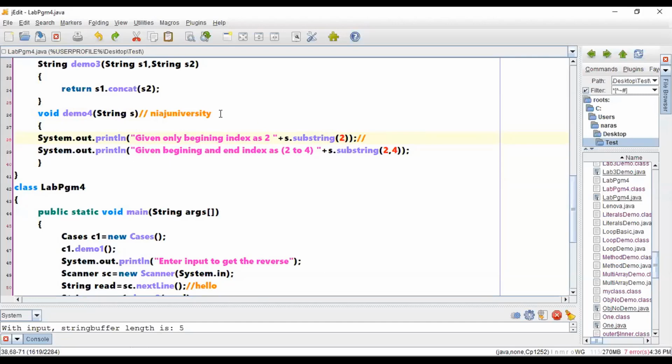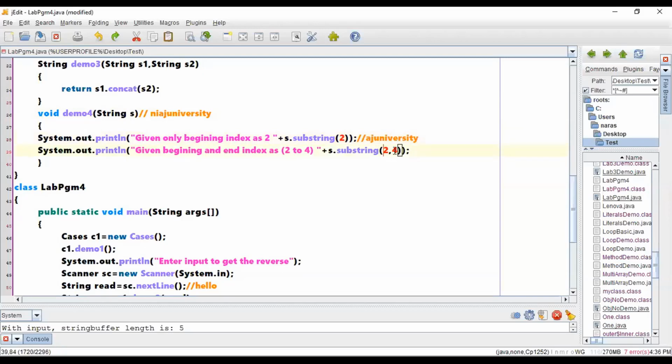What is the character at index 2? This is 0, this is 1, this is 2. From this index, everything needs to be considered. This will be the output of this statement.